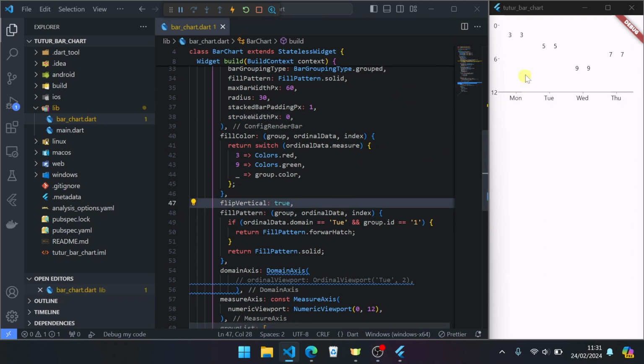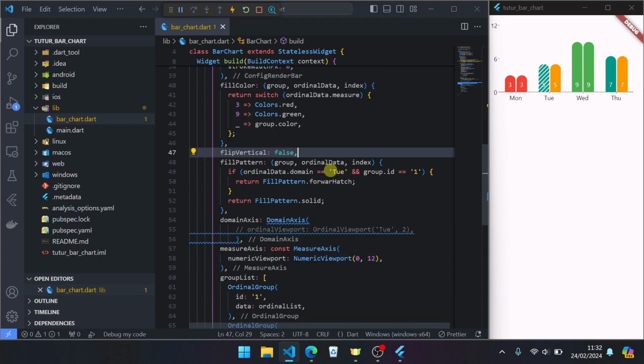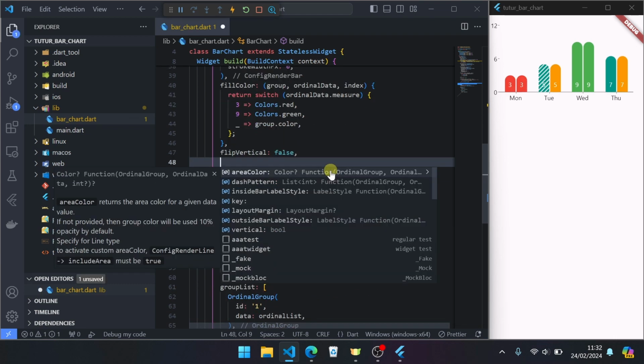This does not affect bar chart. This works if you use line chart or combo chart, not for bar chart. So we can go back to false. Okay.